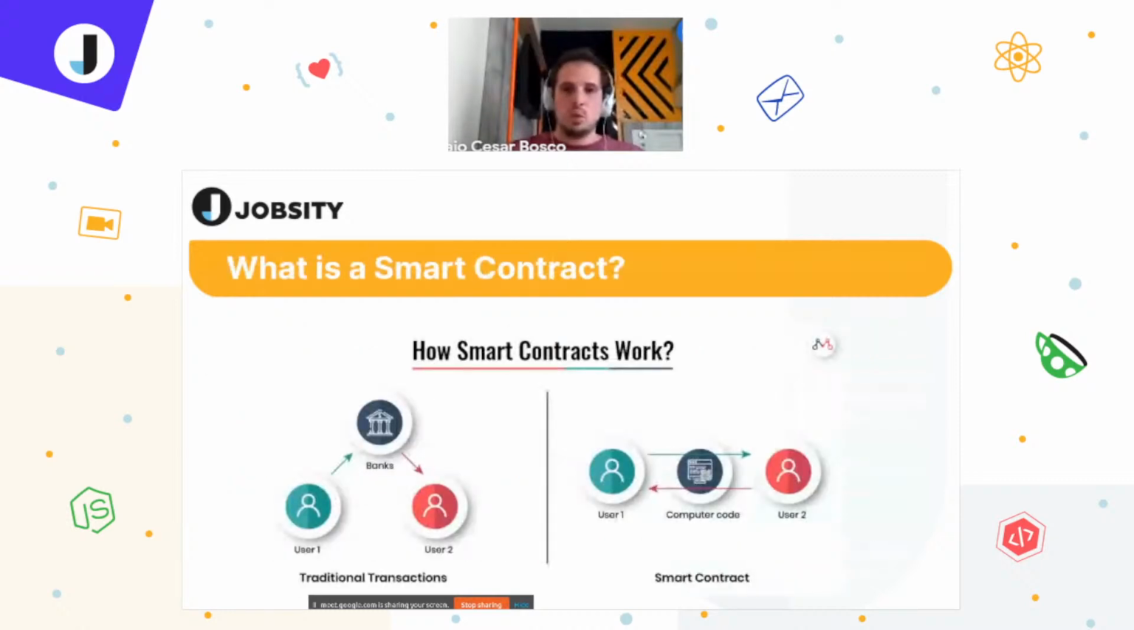Okay, but what is a smart contract? When we think about Bitcoin,